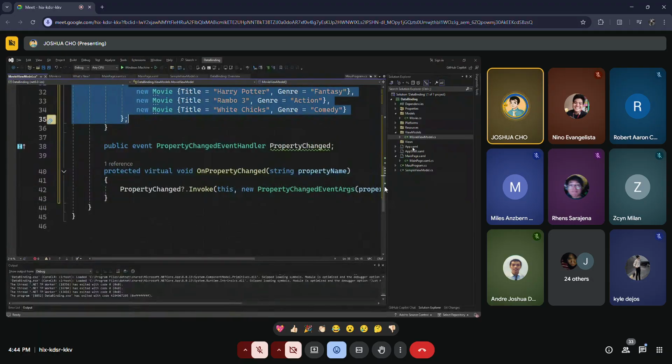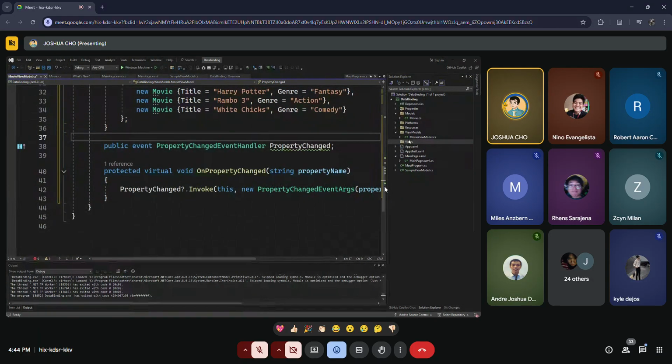I am in the view. So let's create a view. I think you can just copy paste the main page there. And let's just rename this one movie view.